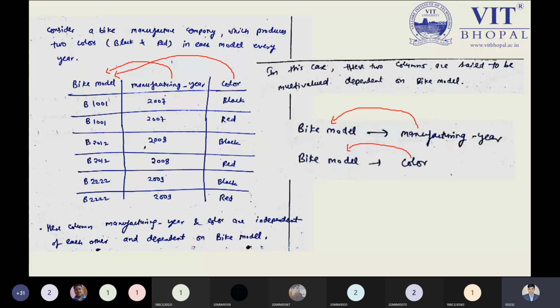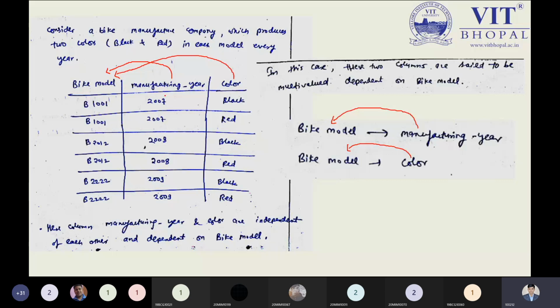But keep the bike model aside, and then tell me right now, am I speaking to you in 2020 or 2021? These are the few colors followed by our Activa. So if you are not able to identify some information related to the Activa model, then how can you say these two parameters or attributes, manufacturing year and color, are dependent on each other? No. So these two attributes are independent from each other.